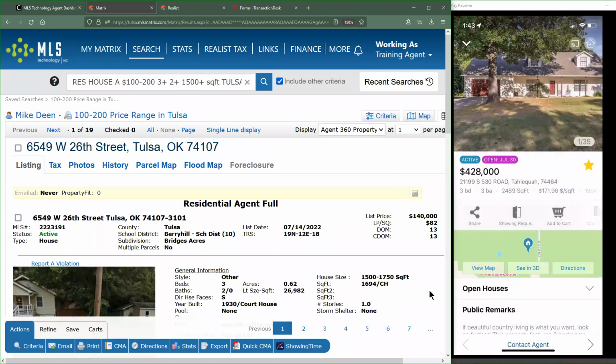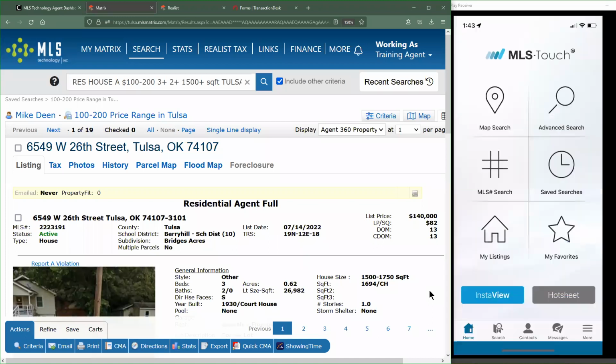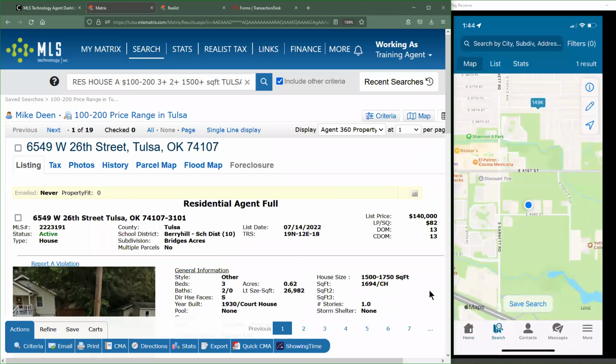Now, let's talk about some of those buttons at the very bottom of the home screen. These are buttons that should actually be following you around a lot of the time, but not every screen will have them. So let's just think about them as residing on the home page. When you're on the home page, there's going to be a search function down here at the bottom that's going to bring you directly into the map.